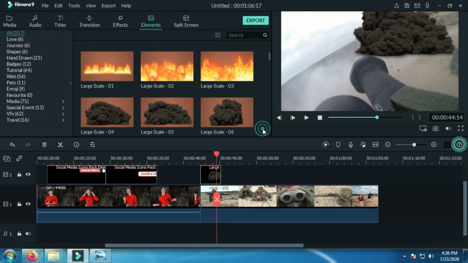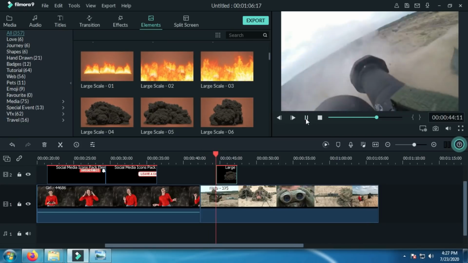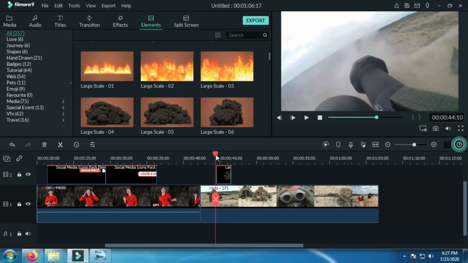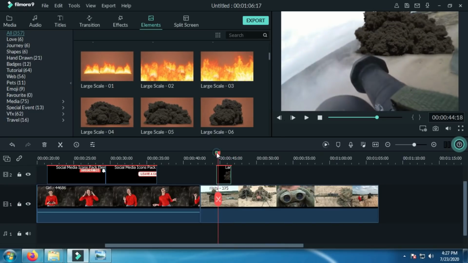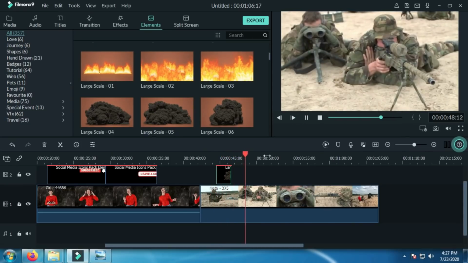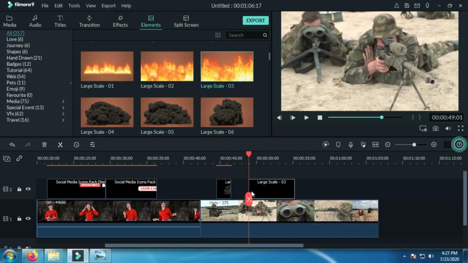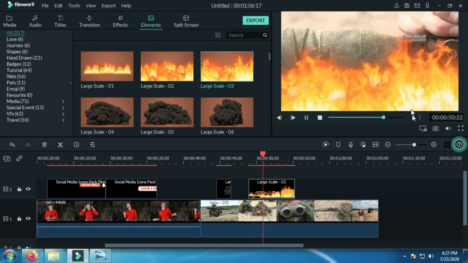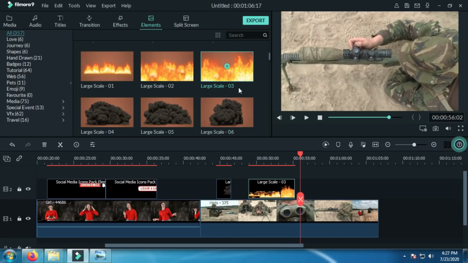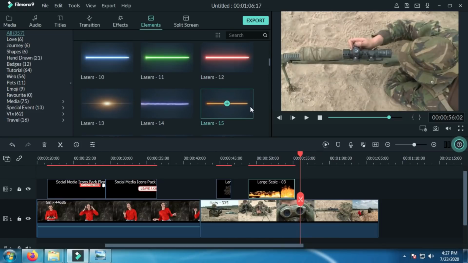You can adjust the video. Okay, I think this one is okay. This one is blast effect. Okay, you can reduce the timing also. Okay, now little perfect. I'm going to add one more, the fire effect.